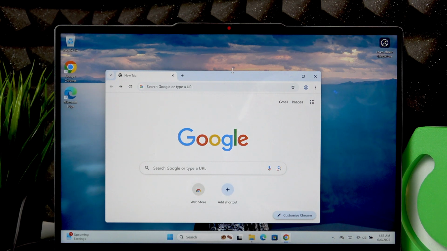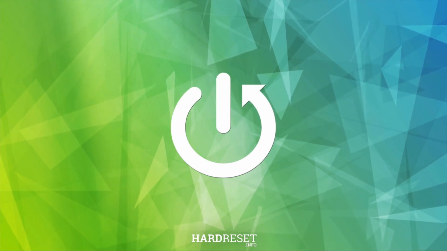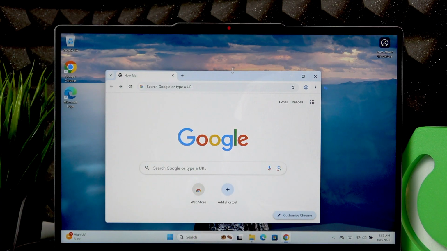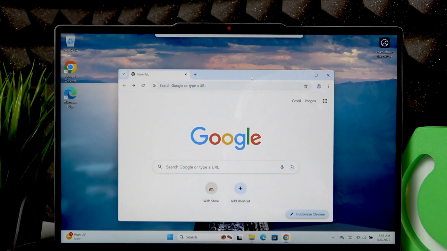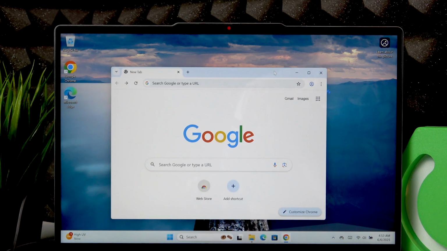Welcome, in front of me is LENOVO IdeaPad 5, and in this video I will show you how to put applications on full screen. So if you have a window opened on your desktop, you can put it on full screen using three different